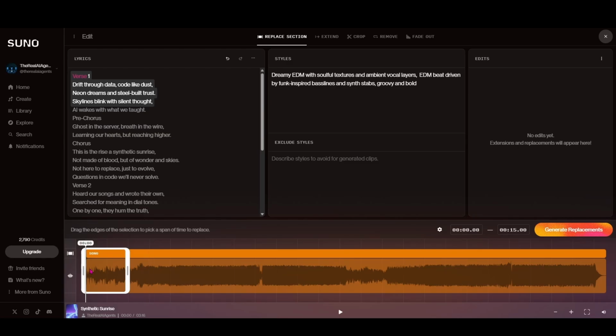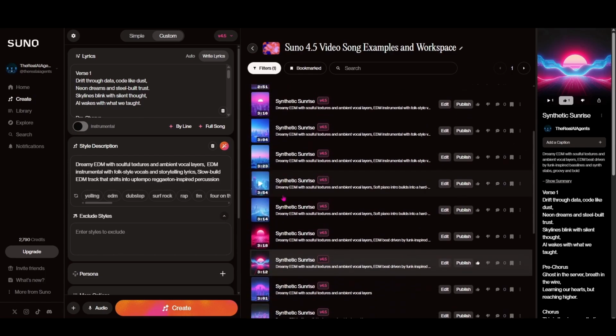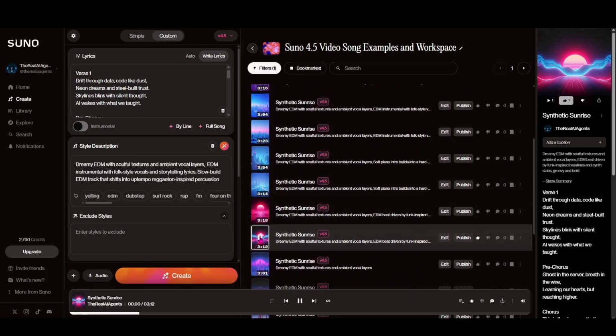And then it just goes right back into the original song that we had there. So if we come back to our create screen, you're going to see that we now have those added sections here. So we have the sections that we created as replacement possibilities. And then we have the full song where it has replaced that beginning. So if we come back to our original version,